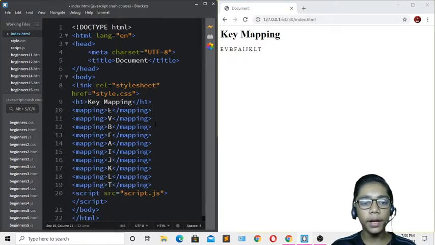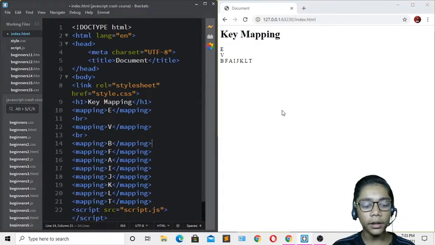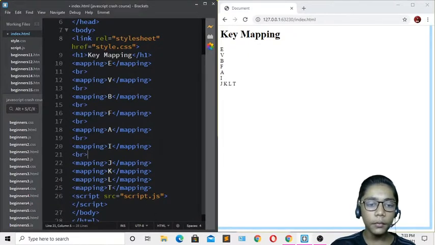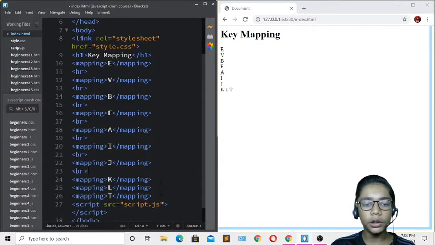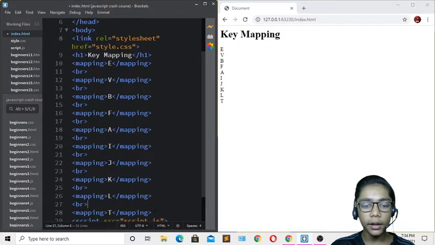When you define that, you have to write a BR tag, then I'll be copying this and pasting that in everything. Like that you have to paste over here and over here also, then I'll be pasting over here, and then over here also. Now like that you have to just do. When you've done these all, I'll be doing that again, and over here.